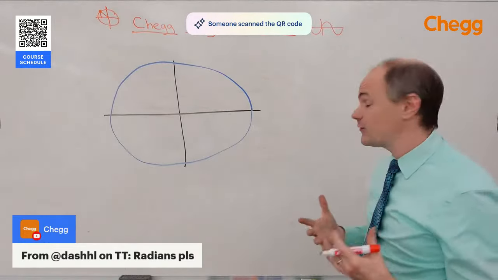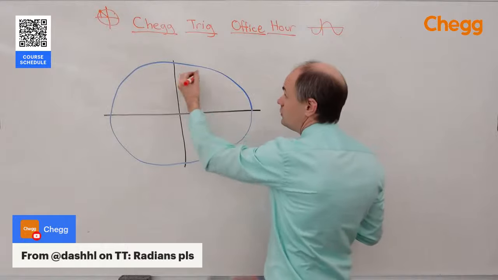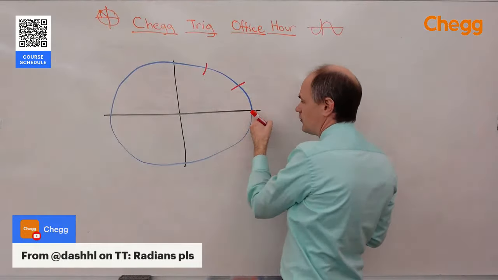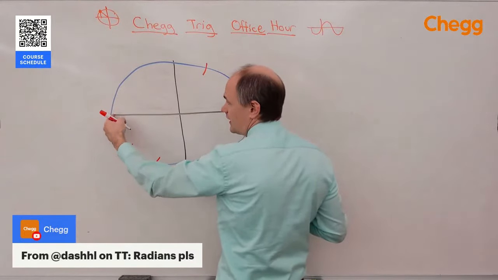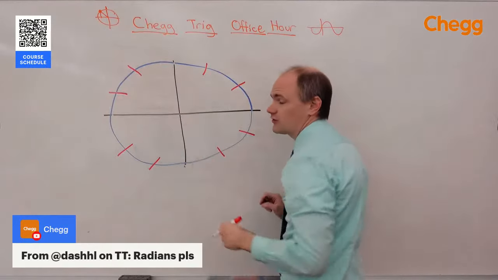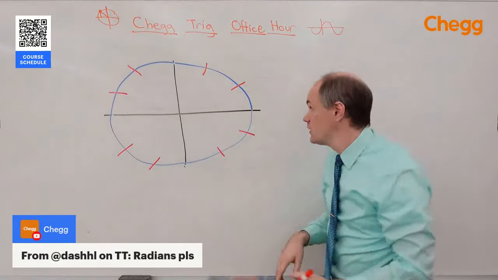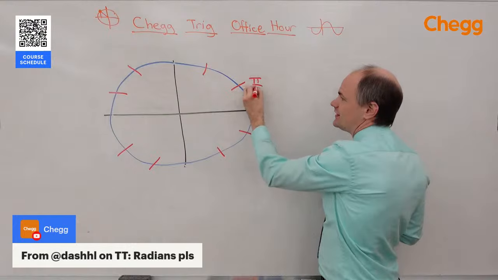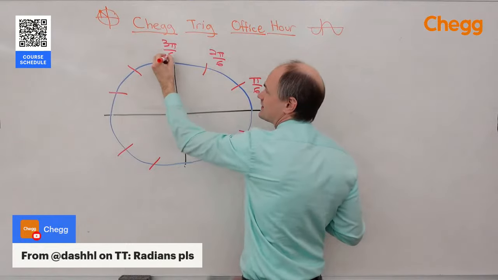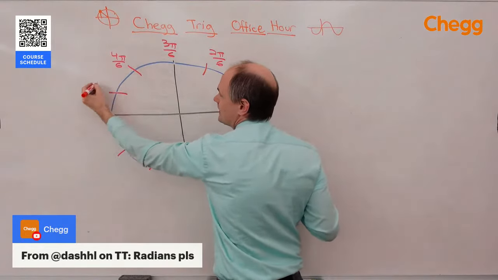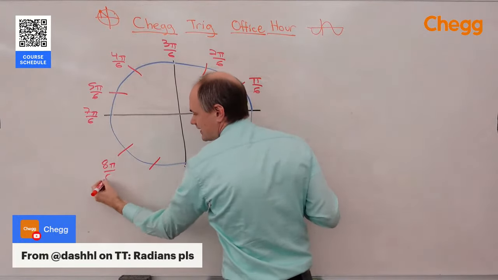And the way I help remember my radians is I think about my unit circle like I think about a clock. On a clock, you've got noon, 1 o'clock, 2 o'clock, 3 o'clock, 4 o'clock, 5 o'clock, 6 o'clock, 7 o'clock, 8 o'clock, 9 o'clock, 10 o'clock, 11 o'clock, and back to 12 o'clock. Those are your key points on the unit circle, and they count by 6. So if I can remember 1/6 is here, 2/6 is here, 3/6 is here, 4/6 is here, 5/6, 7/6, 8/6,